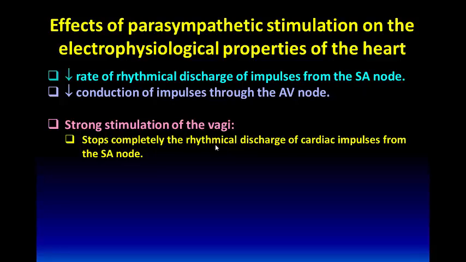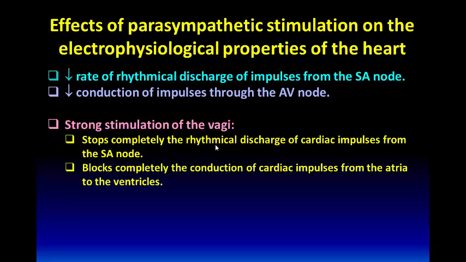So the sinoatrial node will not generate cardiac impulses if the vagi are very strongly stimulated. Not only this, with strong vagal stimulation, we also have complete blockage of the conduction of the cardiac impulses from the atria to the ventricles. So in this case, the ventricles will not beat,